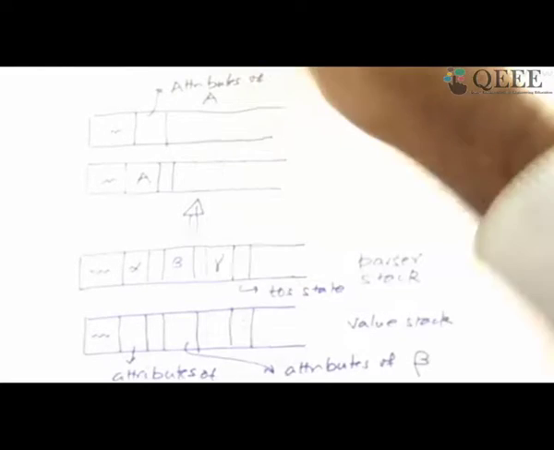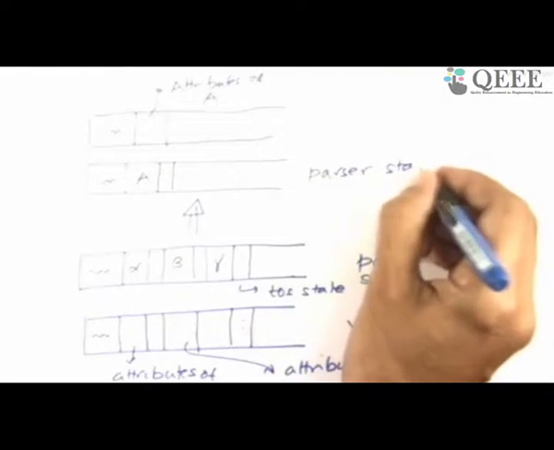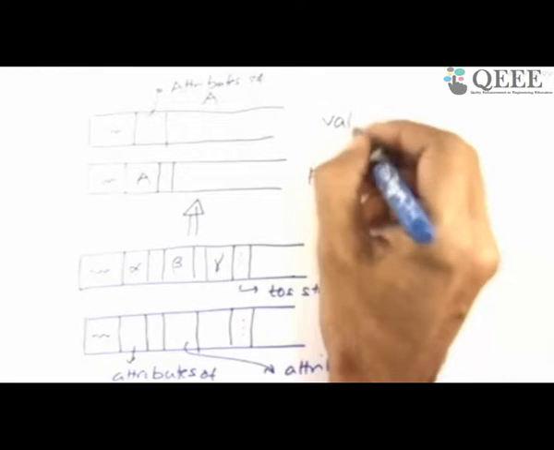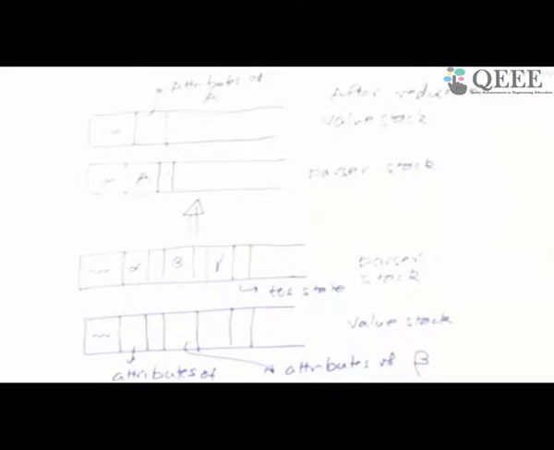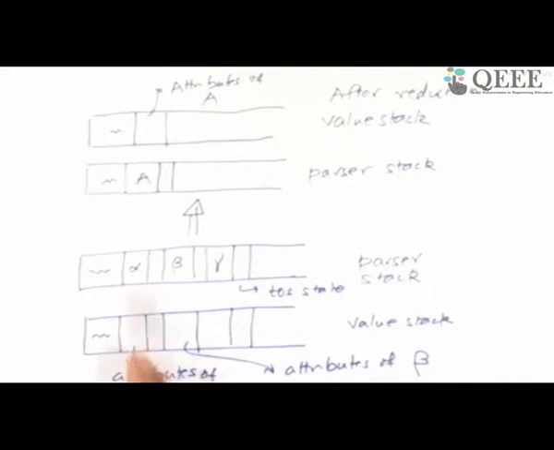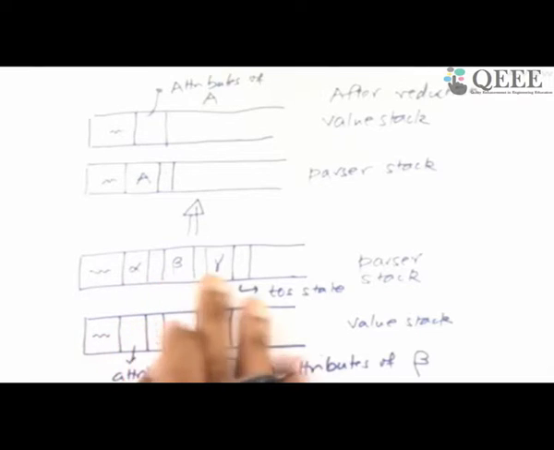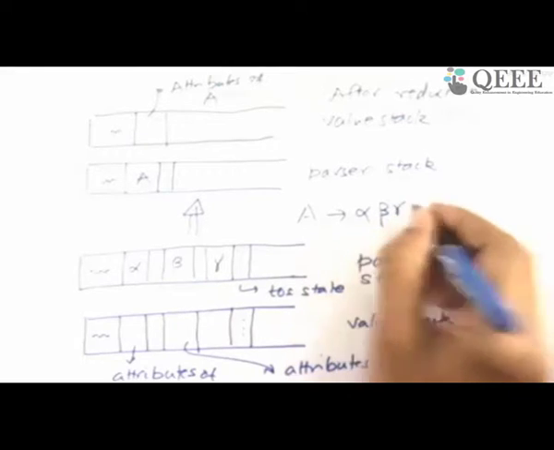So this is the parser stack after reduction, and the one on the top is the value stack after reduction. Don't worry if you don't get the idea cleanly. I'll give you more examples to understand this in a much cleaner way. So this is what happens after the reduction. So what does it mean if you look below now? When I reduce alpha, beta, gamma to the left hand side A, recall the rule. It was alpha, beta, gamma, and some semantic rules over here.